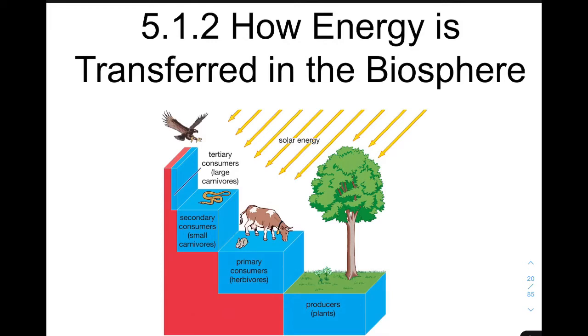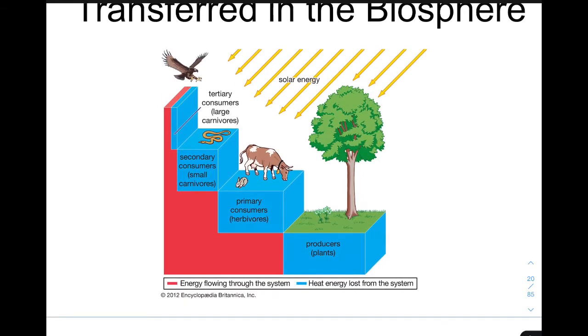Alright, this is now the second video for Unit 5. Unit 5 is talking about energy and matter exchange in the biosphere. And in the last video we talked about the idea that sunlight is necessary for most producers in the ecosystems of the Earth. That sunlight reaching the Earth sometimes makes it, sometimes doesn't. Sometimes it's bounced back into space by clouds. But some of it reaches the Earth.